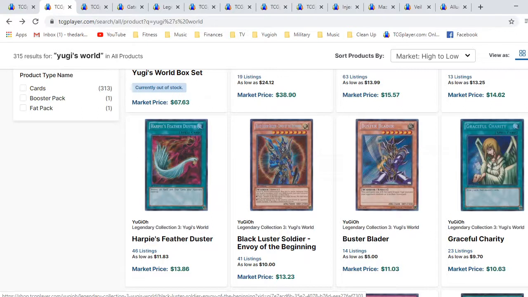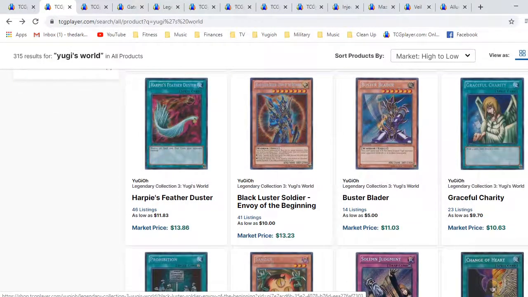Of course, you have the Invasion of Chaos original print first editions, Generation 1, which are really high too. I personally like the Secret Rares better from the Master Collection. This is pretty cool too, but more ideally the Master Collection volume. Buster Blader,